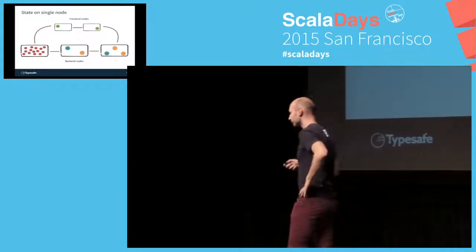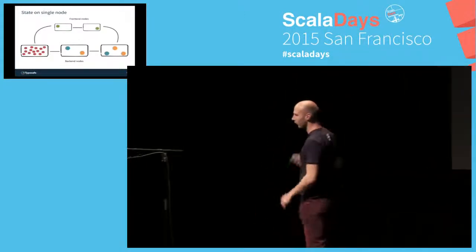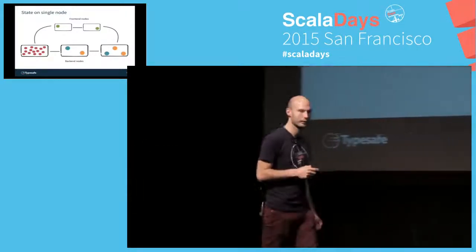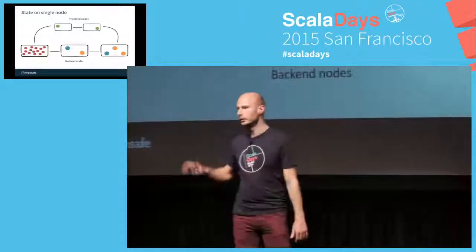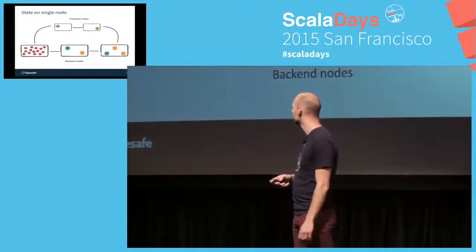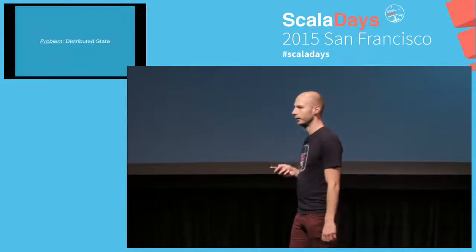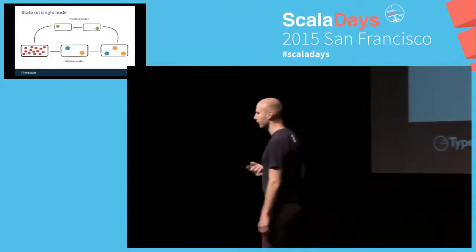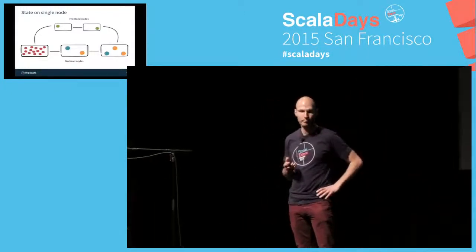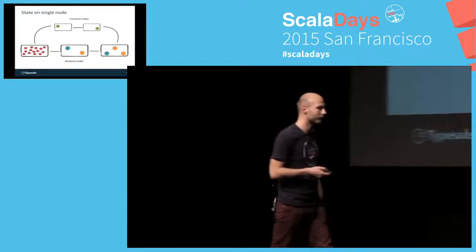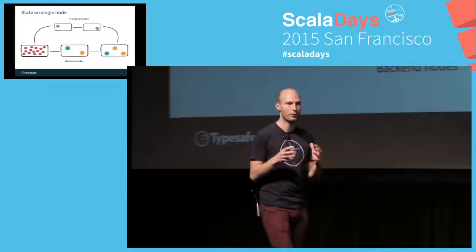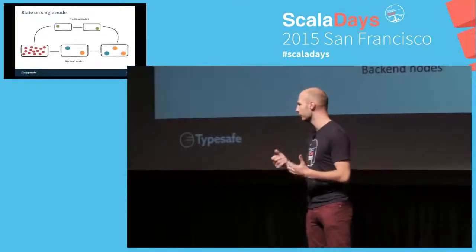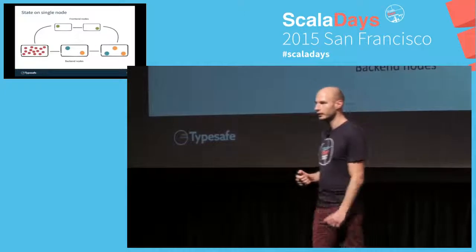So basically we need to put all our users on one node, which is fine. With Akka clustering, we can have a specific role, so we can say, okay, all the users should go to this node. Fine. But the problem here is distributed state. So what happens? We have millions of users, right? Unfortunately, nowadays our machines do not have infinite RAM, so we can't store all the users just on one node. But we still want to be responsive, right? We still want to keep all the state in memory. We don't want to save that to a database, so that we are